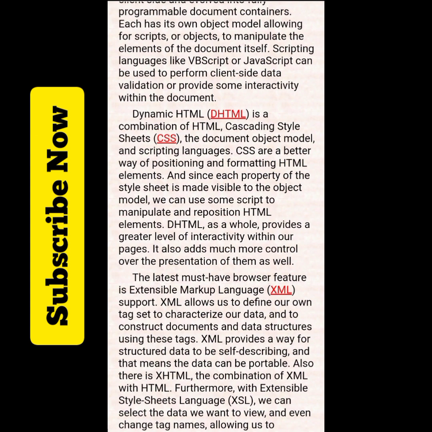The latest must-have browser feature is the extensible markup language, XML. XML support allows us to define our own tag sets to characterize our data, and to construct documents and data structures using these tags.